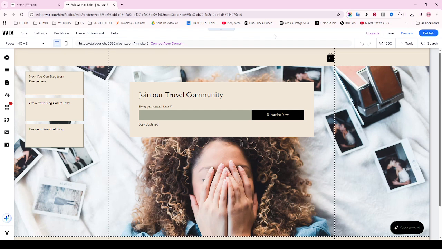In closing, creating a blog with Wix Studio is a seamless process thanks to its user-friendly interface and versatile features. Whether you're sharing personal stories, business updates, or niche interests, Wix provides all the tools you need to bring your vision to